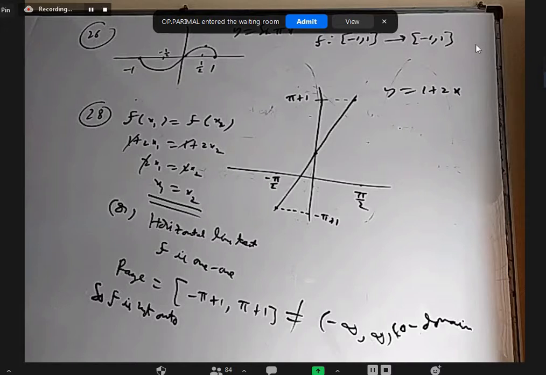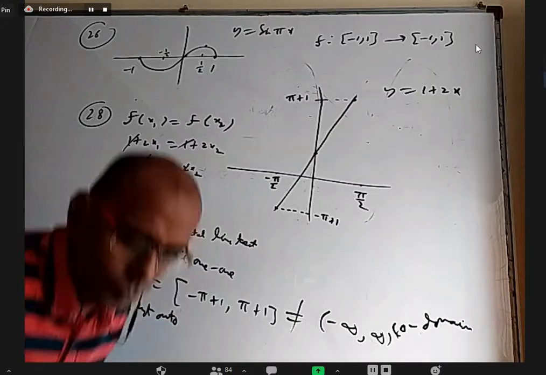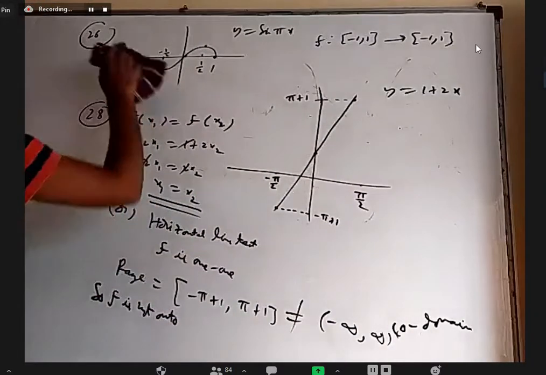Yes, sir. Okay. So it is not just from the graph that it is a simple straight line that with respect to y equal to x, you can find the mirror image. It is not about that. It is about looking at the domain and codomain which is given in the question. That also matters. Anybody else has any other doubt regarding 28?